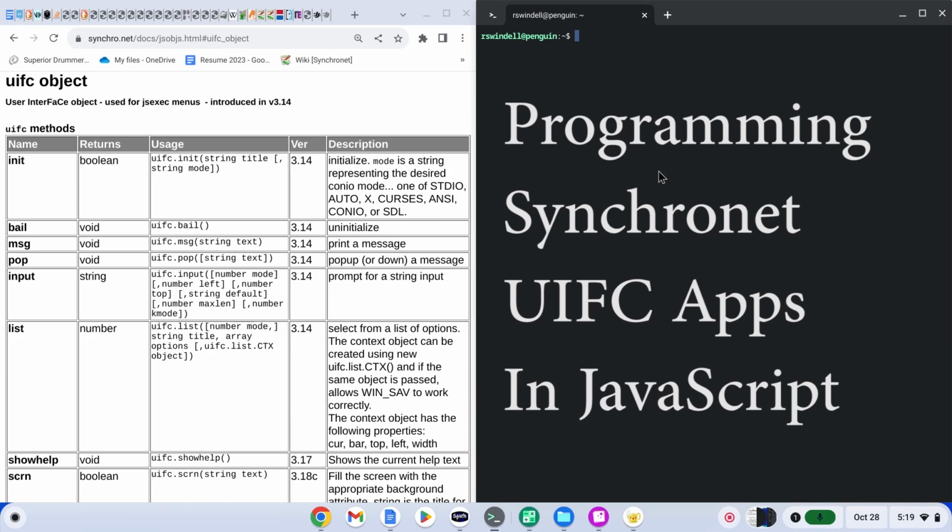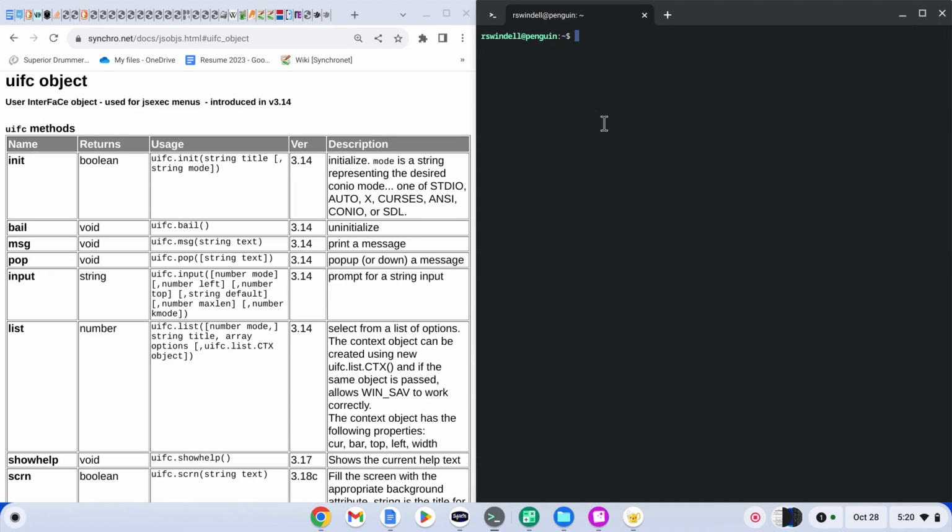Welcome to this tutorial that was requested for programming Synchronet UIFC apps in JavaScript. What is UIFC? It's a user interface library. It's a text user interface library, or TUI as some people call them. And the source code for this you'll find in the Synchronet source repository under src/uifc, and it's